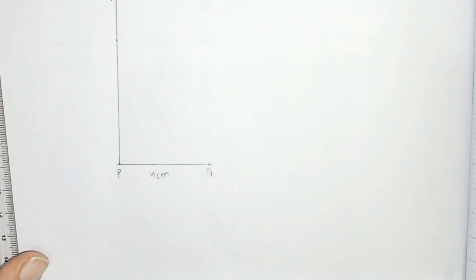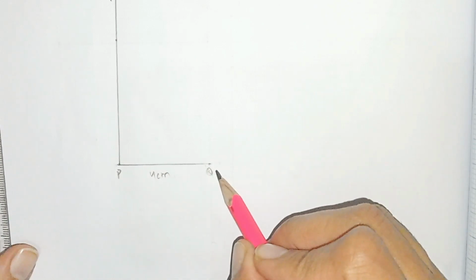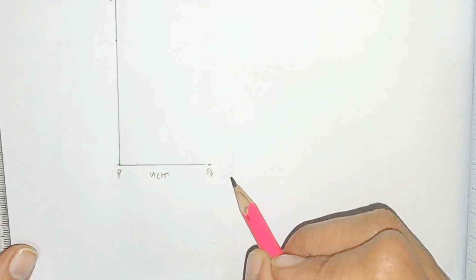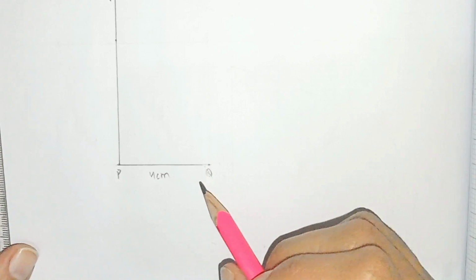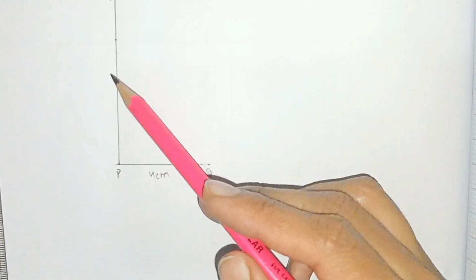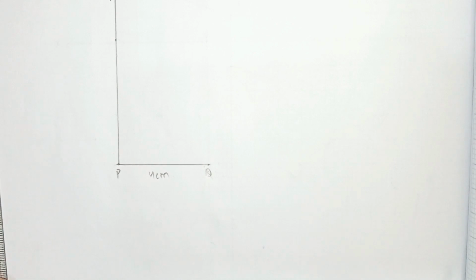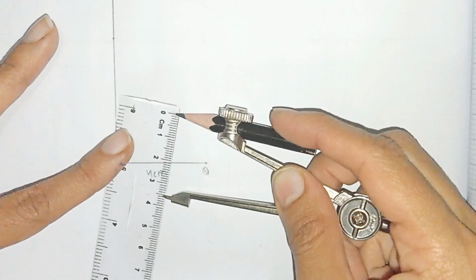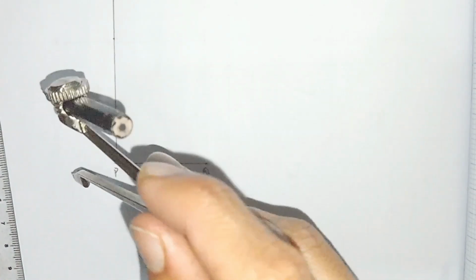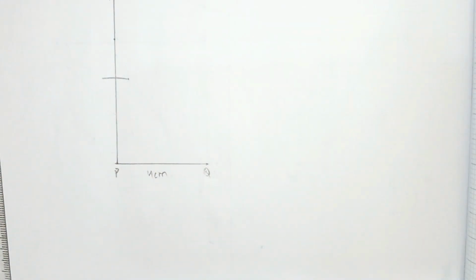Now PS is equal to 3.6 centimeter. Open the compass 3.6 centimeter, taking P as center, and mark it. This is the point S,